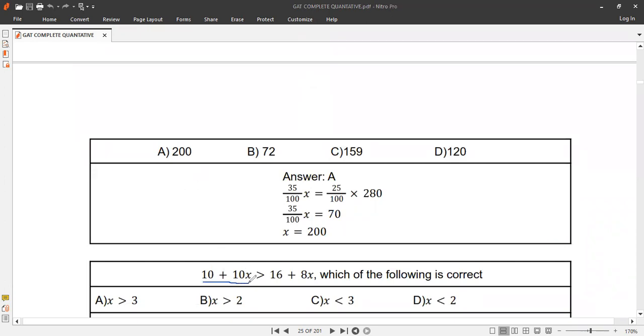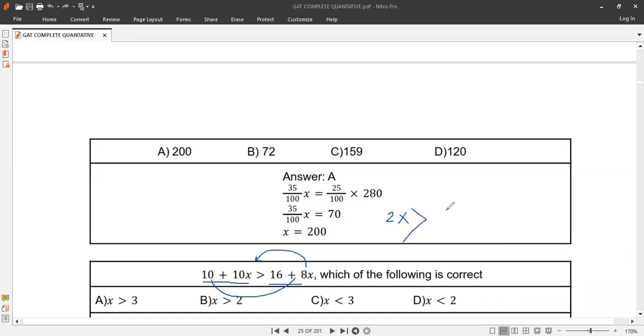10 plus 10x greater than 16 plus 8x. We solve the inequality like as we solve the equations. We take 8x to the other side, and we take 10 to the other side. So 10x, this will be taken to the other side, becomes minus 8x. 10x minus 8x equals 2x, greater than